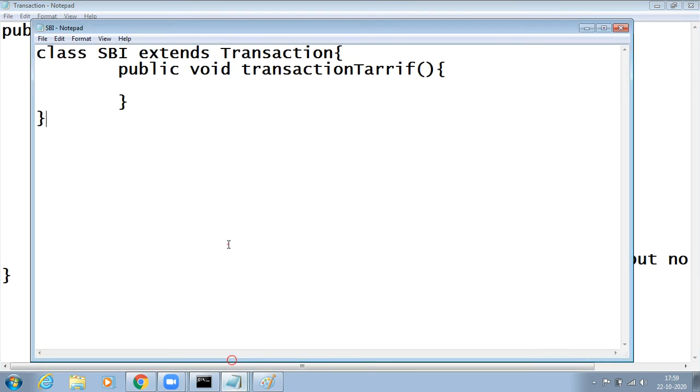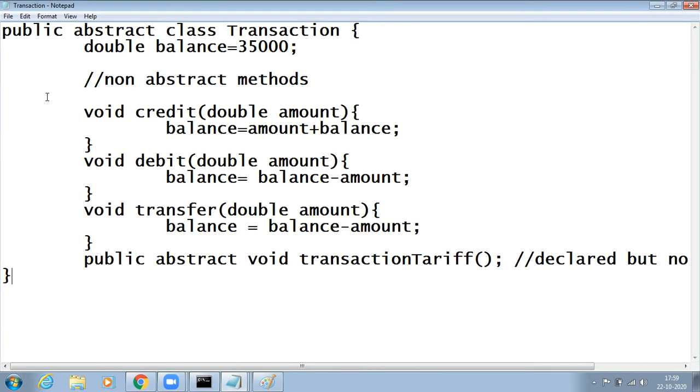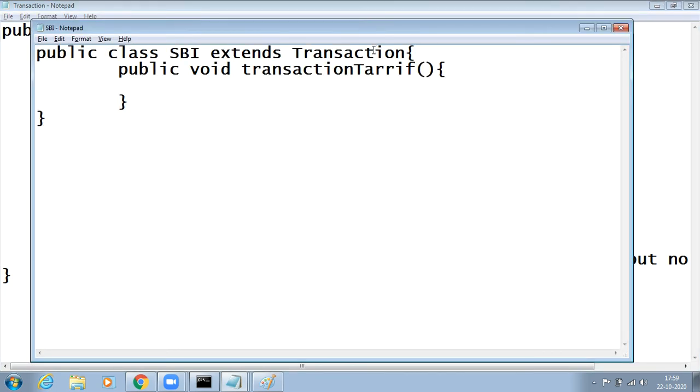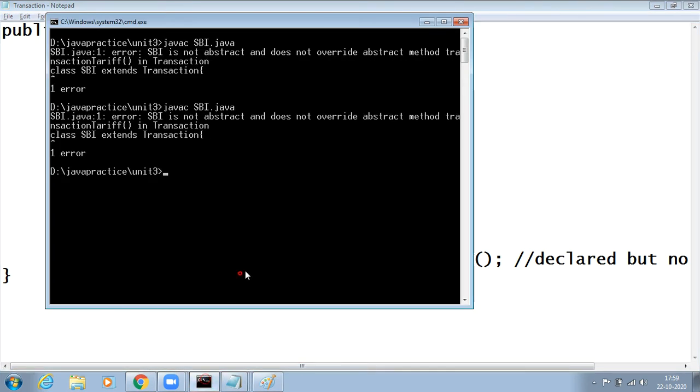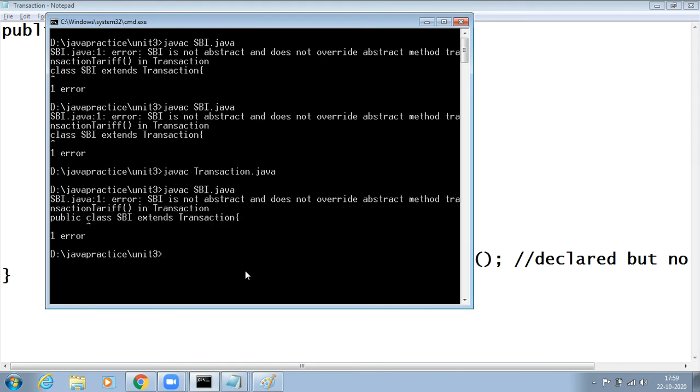Once see this child class SBA extends transaction. Let me say public class SBA extends transaction, the class is the same, right? Once we run the transaction class first, it's compiling. Now the SBA class, I don't know why it is troubling us.